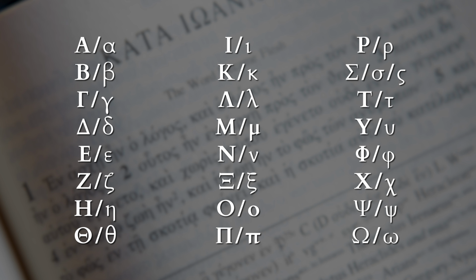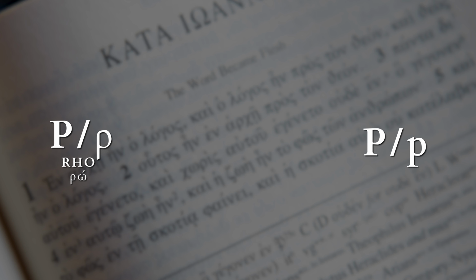We'll begin our final portion of the study of the Greek alphabet with a letter that can be initially confusing to English speakers, rho. The thing that can make rho tough to remember at first is that it looks like the English P, especially in capital form, but its sound corresponds to the English R, as in run.